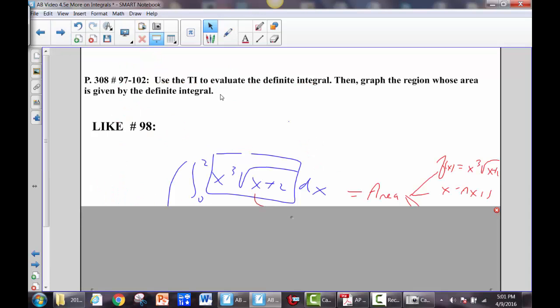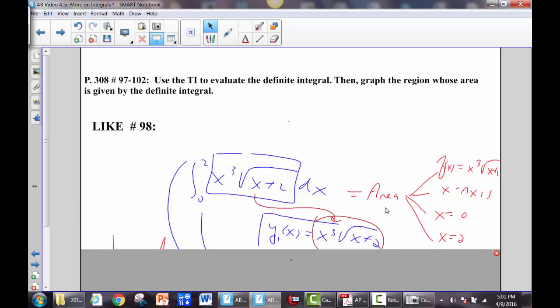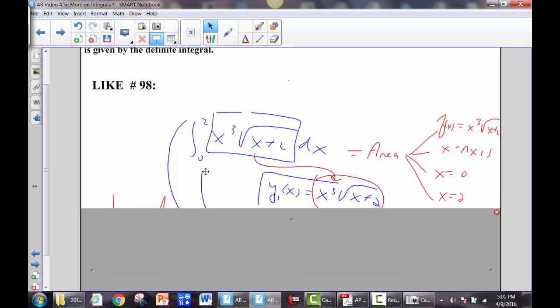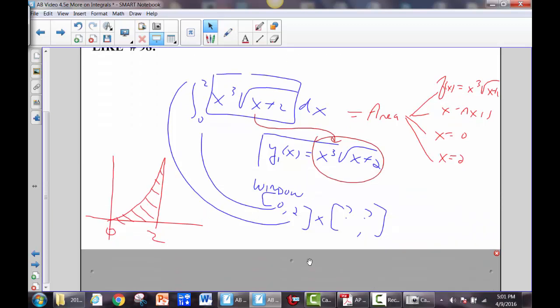97 to 102, use the TI to evaluate the definite integral. Easy peasy. But then graph the region whose area is given by the definite integral. So you have to understand that the area, hopefully this graph is above the x-axis the whole time. If it is, then this represents the area bounded by that curve, the x-axis, x equals 0 and x equals 2. So let's graph that function to see what we get, and sure enough, we get this curve right here,